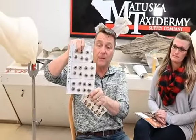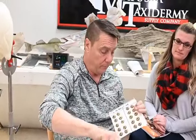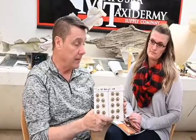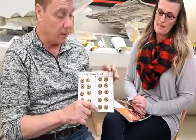White-based wolf eyes. These are just a great eye. Nice coloration on the iris. Real attractive pupil size. And great pricing too. And you can get them without the white band. Sometimes people struggle to set a